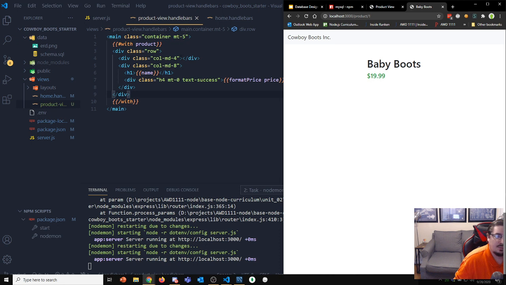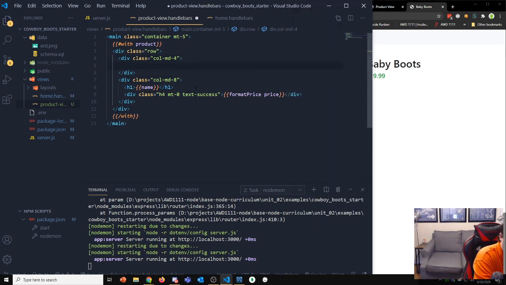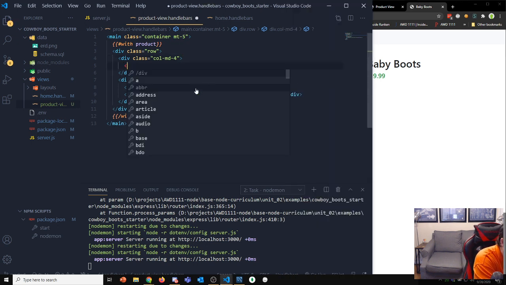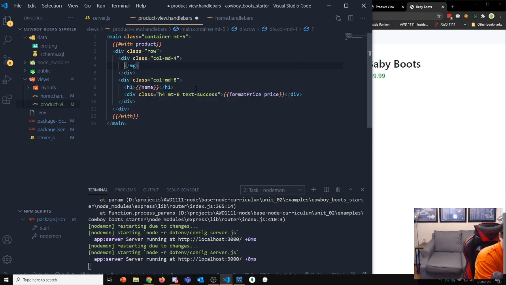Okay. I want to have an image in the left. So let's add an image tag. I need that to have the class image fluid, so it shrinks and grows. And the source, the path to that image is